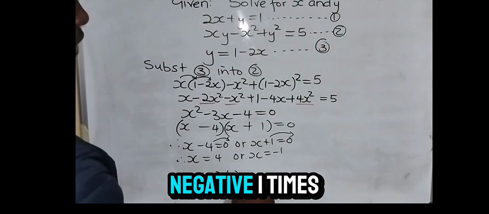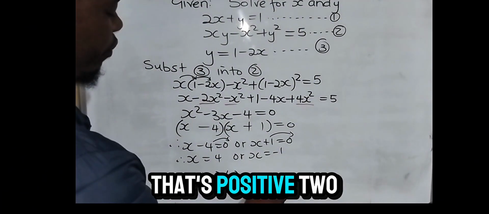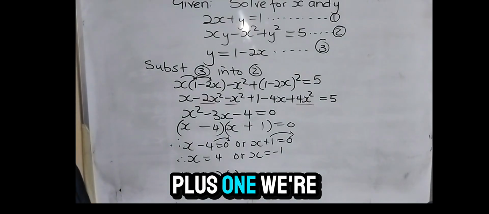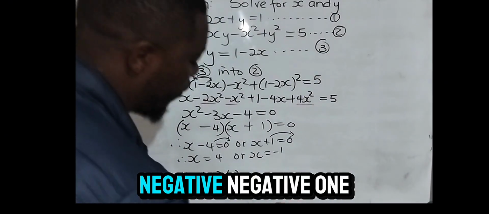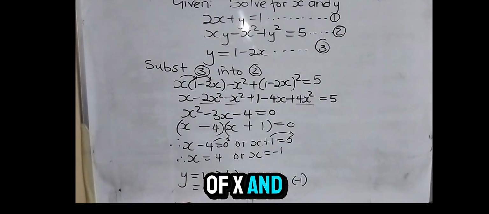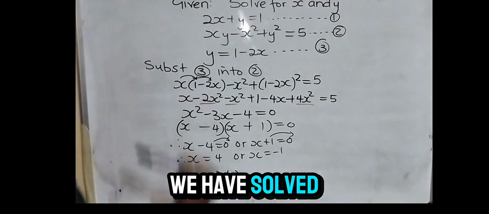Negative 1 times negative 2 is positive 2. Positive 2 plus 1, we're going to obtain 3. So these are the values of x and these are the values of y. So finally we have solved our